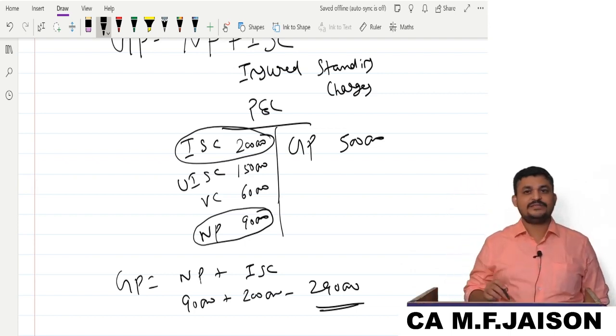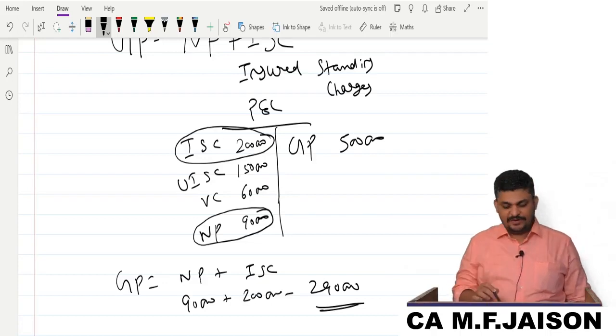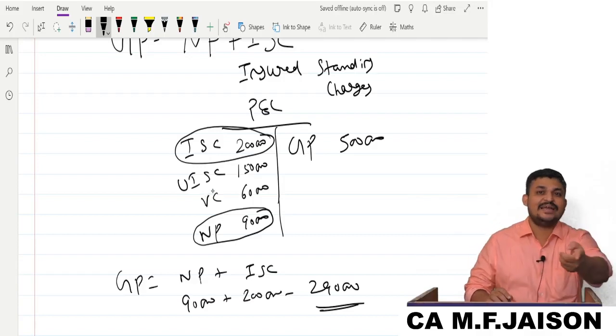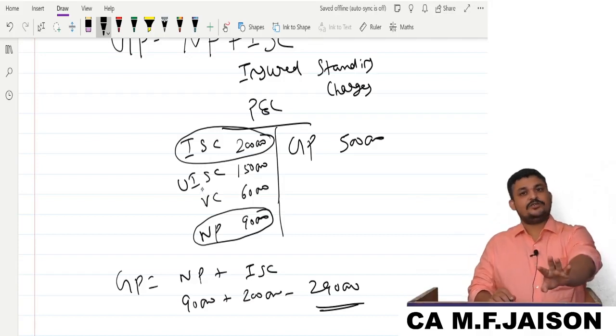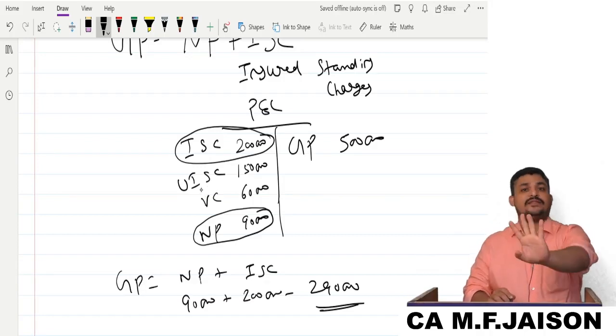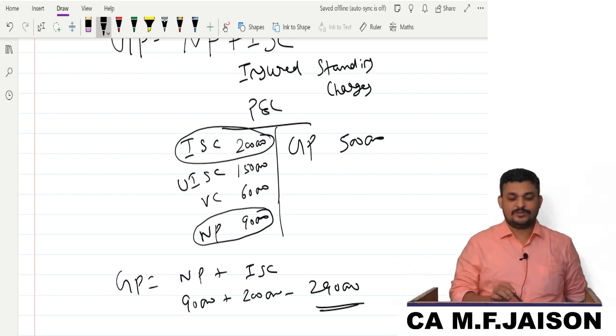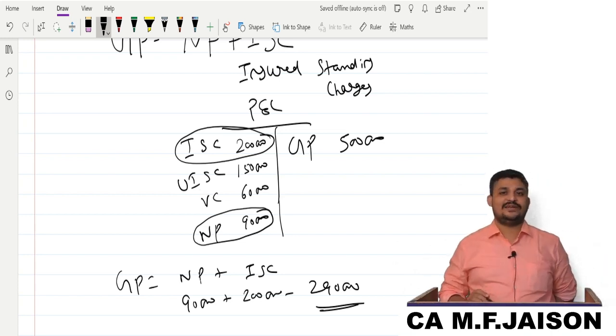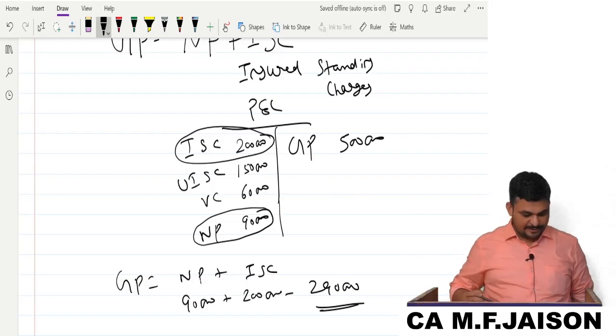We want to compensate fixed expense, but only if it is mentioned in the policy. There ends the matter. We don't compensate variable cost because anyway you are not incurring it. And uninsured standing charge you are incurring, but you have to bear that particular loss because you didn't insure. So you insure this much, so that way we will be compensating you that. Understood? Yes, sir. Super. So proceeding.